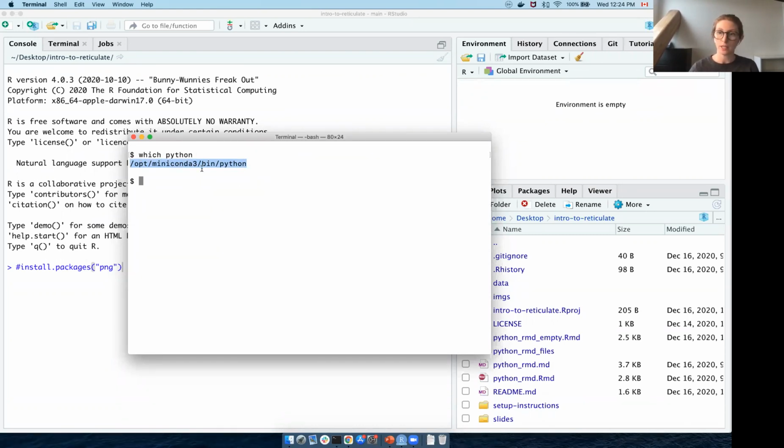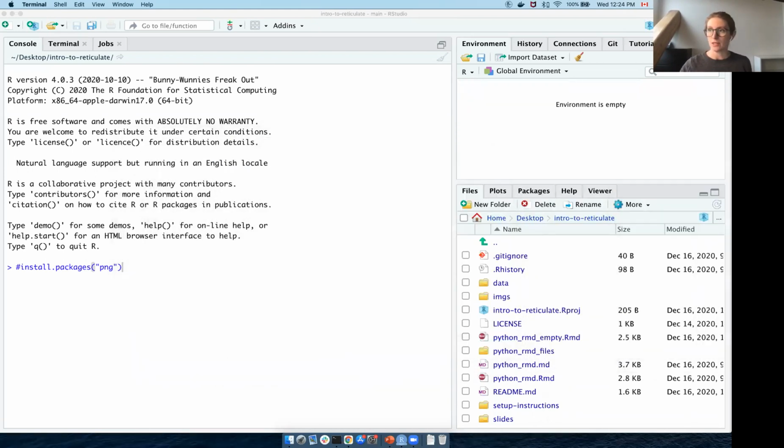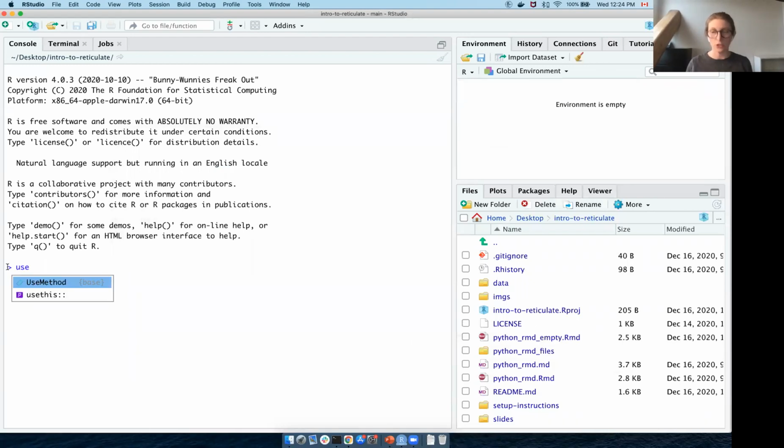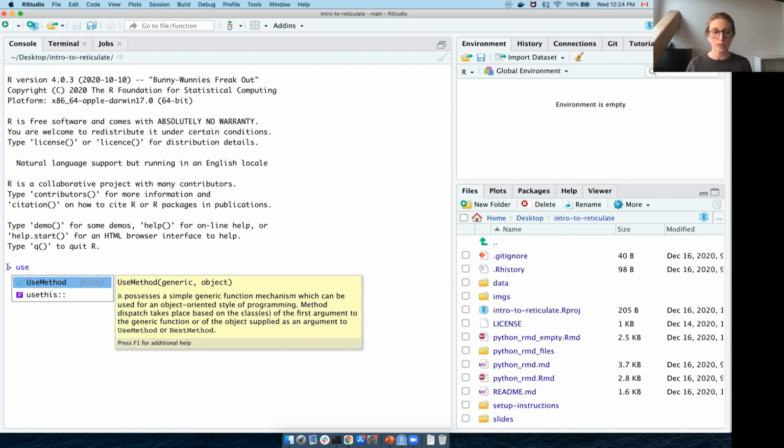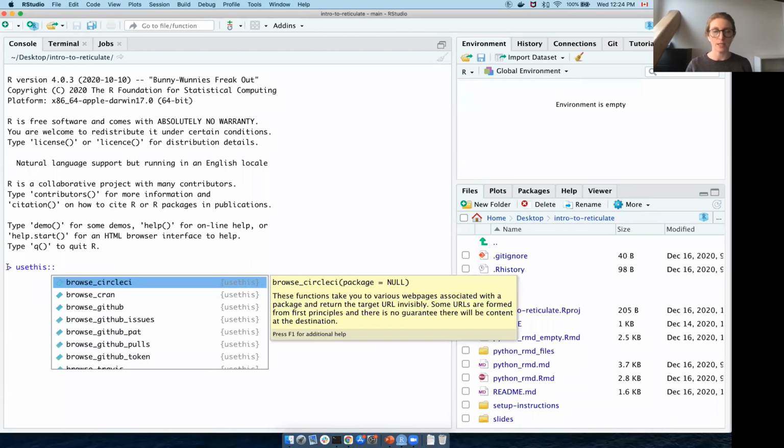And so you'll need to copy that to your clipboard, and we're going to use that now to set up an environment variable in our R profile so that every time R starts up, R will know where this Miniconda distribution of Python lives. So I'm going to just set this off to the side now and continue here. The next thing that we want to do, you can do this without usethis, but I'm going to recommend we use this to edit our